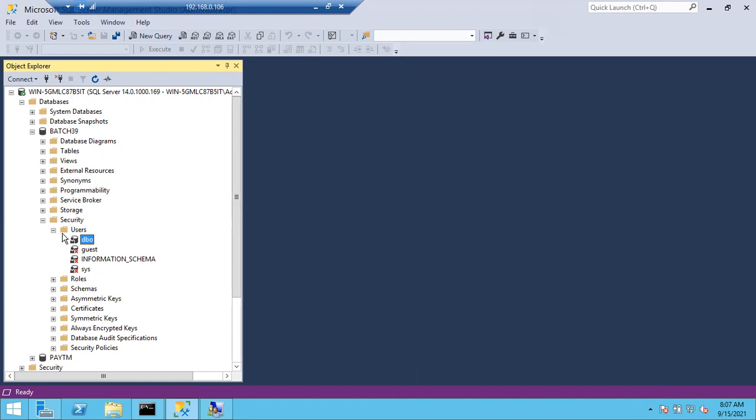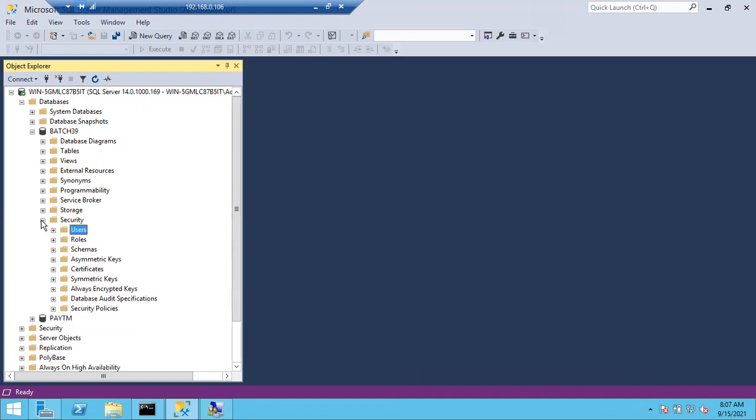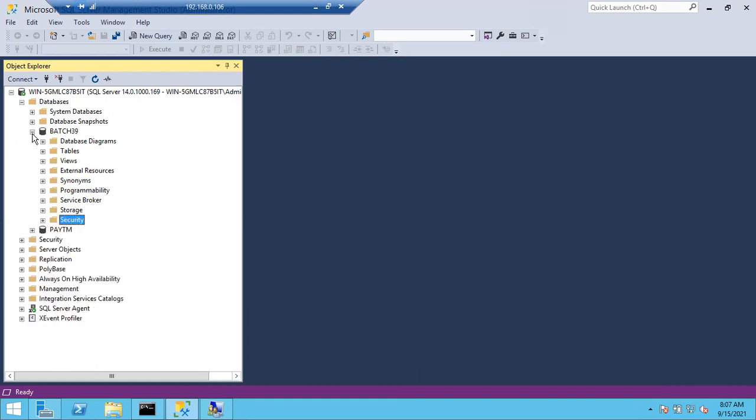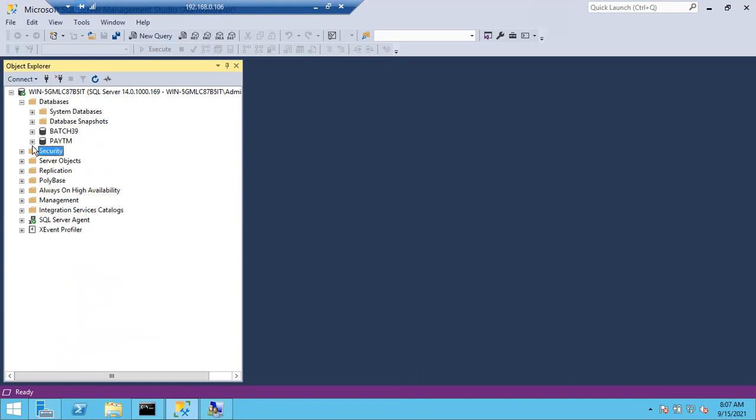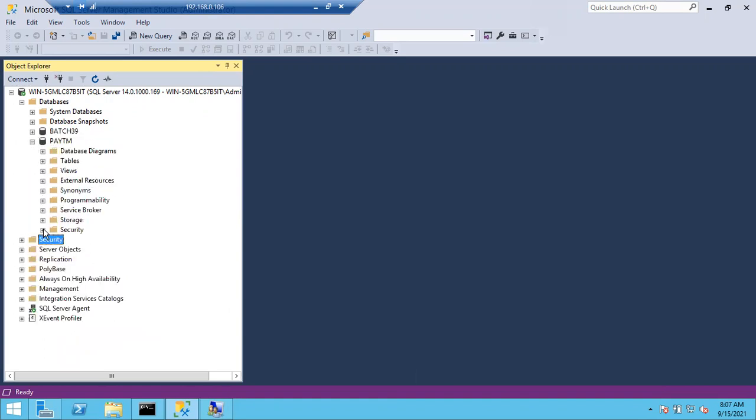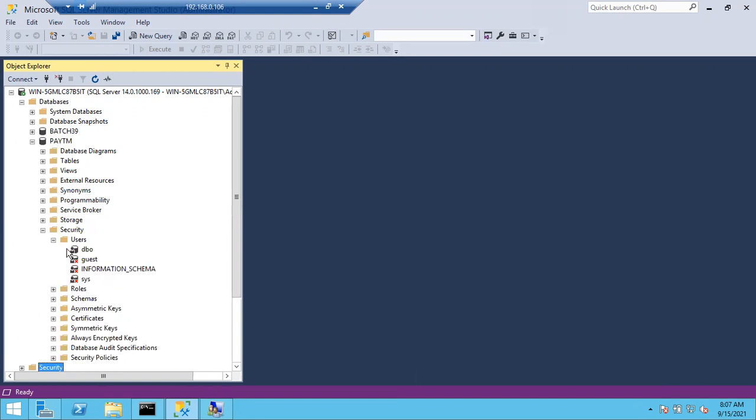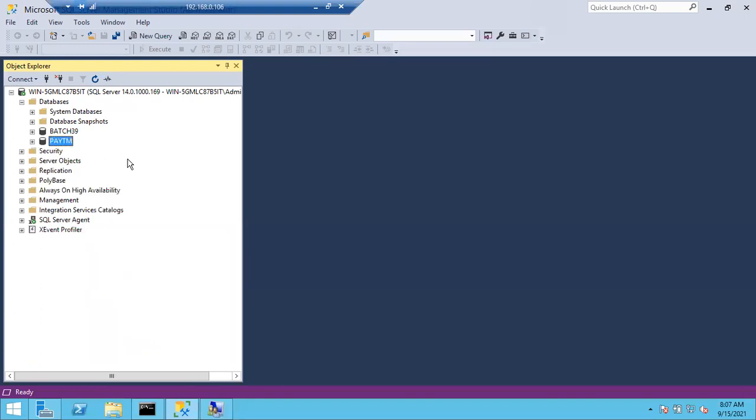So users are database level entities. Logins are server level entities. In any database, that security is common, users are common, and DBO is common. By default, this DBO will help all the sysadmins. Clear, guys? Any issue, any doubt?